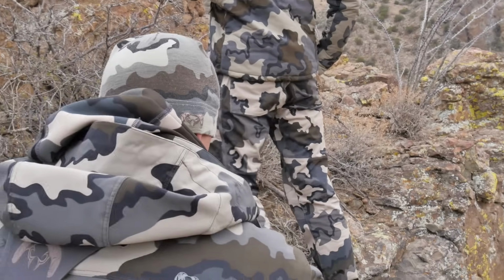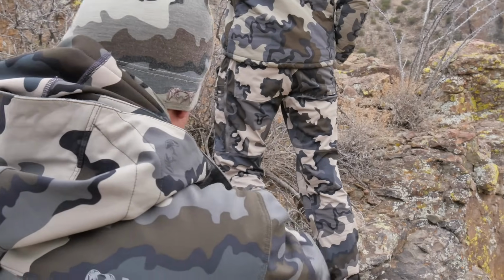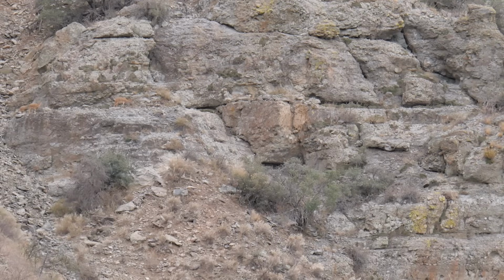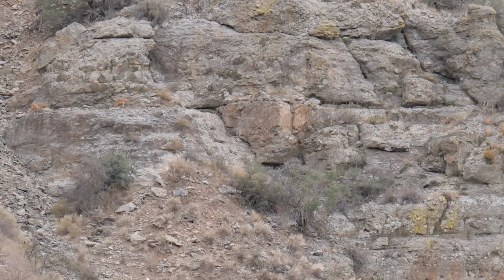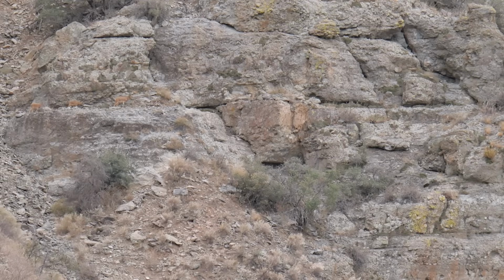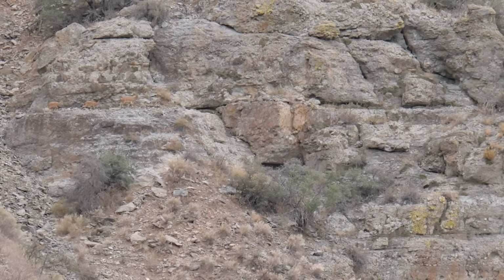He's coming down that rock slide though. The rock slide is that there's like a ridge line, so I think that's the only rock slide I see right now. This could be the lucky break we're looking for. The wind's blowing real hard, and so I'd like to get closer, but